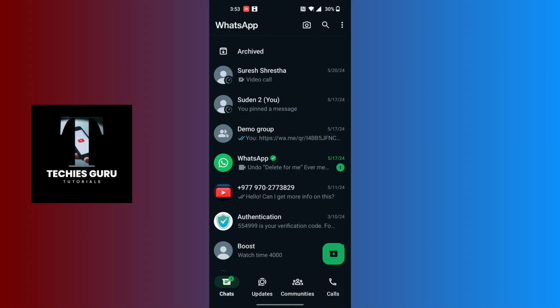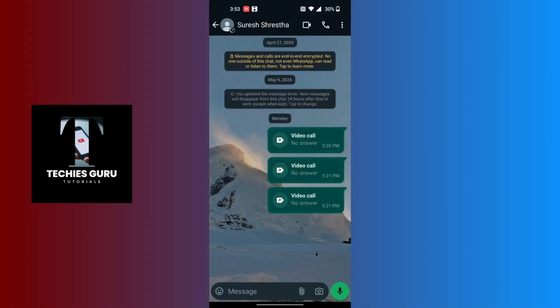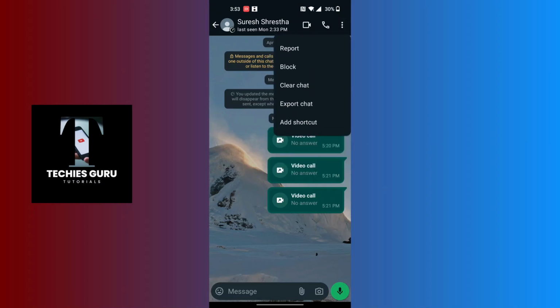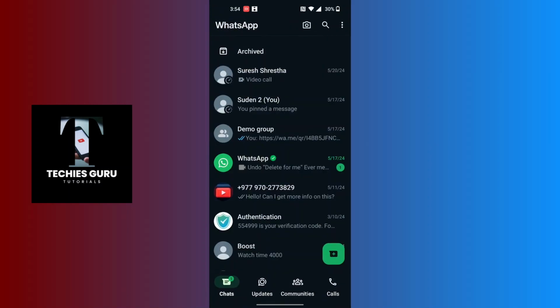Now first, in order to proceed, open up the chat box of the person whose chat you want to delete. And after that, on this interface at the top right corner you can see the three dotted icon up here. Tap on that three dotted icon, and then tap on the more button over here, and there will be the option to clear chat. Over here you can see there is the clear chat. Tap on it and it will be cleared,